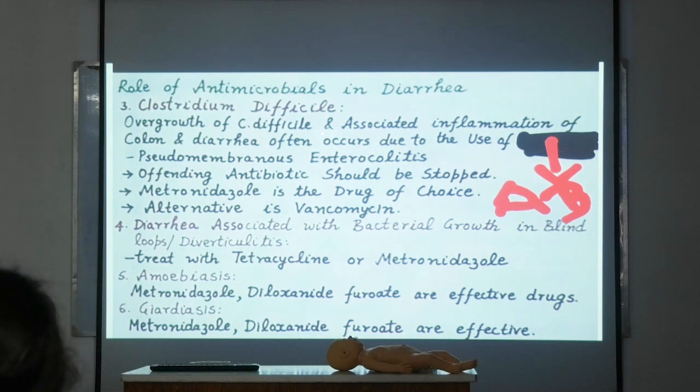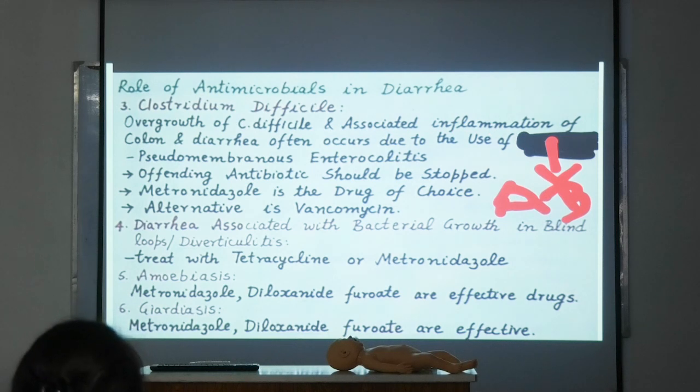Overgrowth of Clostridium difficile and inflammation of the colon and diarrhea occurs due to use of antibiotics। মানে অ্যান্টিবায়োটিকের জন্য নরমাল ফ্লোরা যেহেতু হাওয়া হয়ে যায়, সেখানে ক্লস্ট্রিডিয়াম ডিফিসিল ঢুকে ডায়রিয়াটা করে। এবং ভেরি ইম্পর্টেন্ট, অ্যাপার্ট ফ্রম ডায়রিয়া ইট কজেস লট অফ ইনফ্লামেশন অফ দ্য কোলন। শুধু যে ডায়রিয়া করে তা না, সিভিয়ার ইনফ্লামেশন করে, যার জন্য এন্টারোকোলাইটিস টার্মটা এই ইনফেকশনে ইউজ হয়। সিউডোমেমব্রেনাস এন্টারোকোলাইটিস, ইট ক্রিয়েটস আ সিউডোমেমব্রেন লাইক স্ট্রাকচার, সেই জন্য বলে সিউডোমেমব্রেনাস এন্টারোকোলাইটিস। এটা যদি হয়, it is potentially life threatening। This is a side effect of antibiotics that is potentially life threatening।